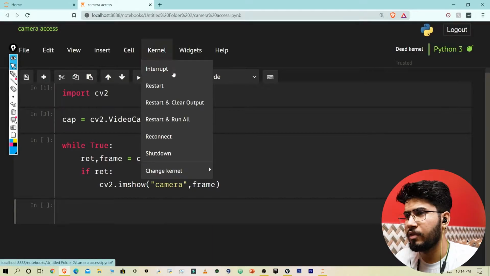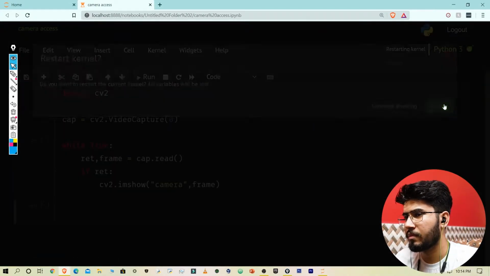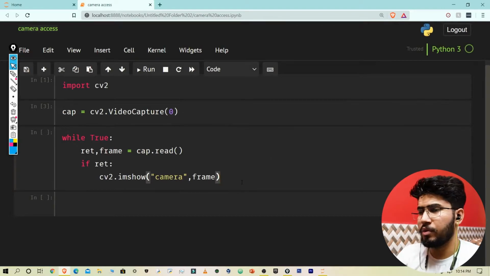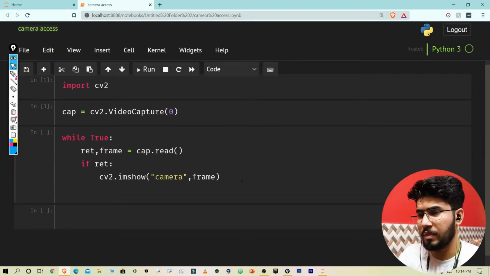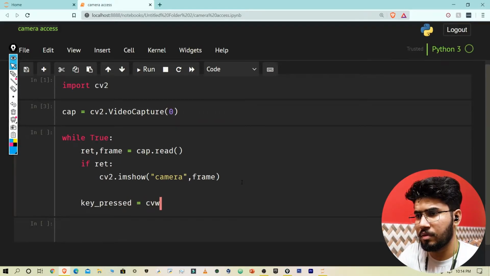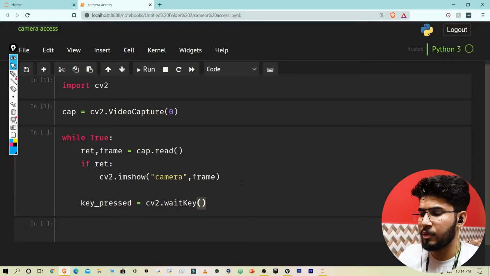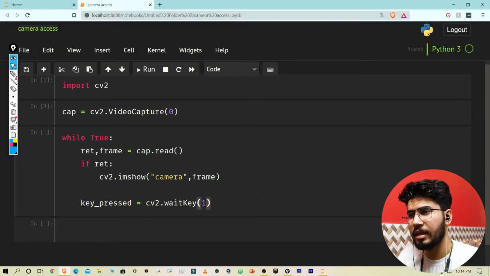Okay, so we have to restart our kernel first, and we need to make some changes. We are going to check the key, let's call it key, with cv2.waitKey, and here I am going to wait for 1 millisecond because it is an infinite loop.